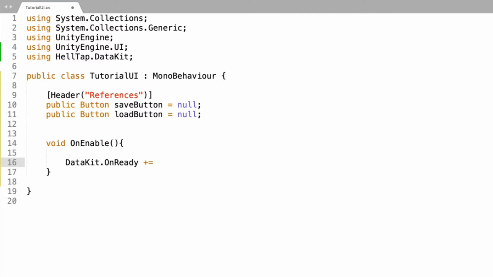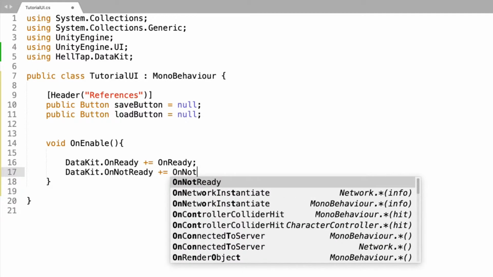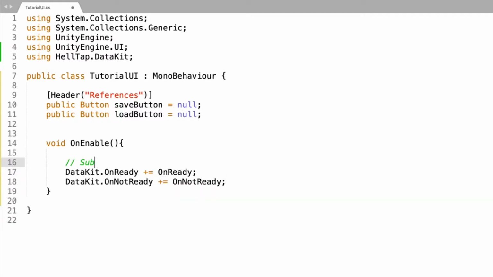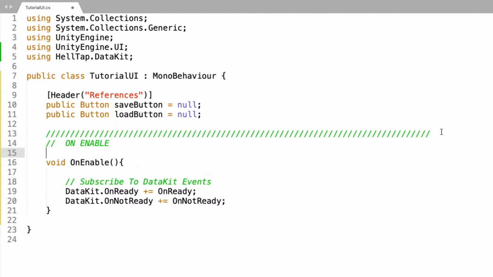This will let us know every time DataKit changes from not ready to ready. We'll also need the onNotReady event. This will tell us when DataKit switches from ready to not ready. I like to separate my events with big comment headers to make the code a little clearer, but you don't